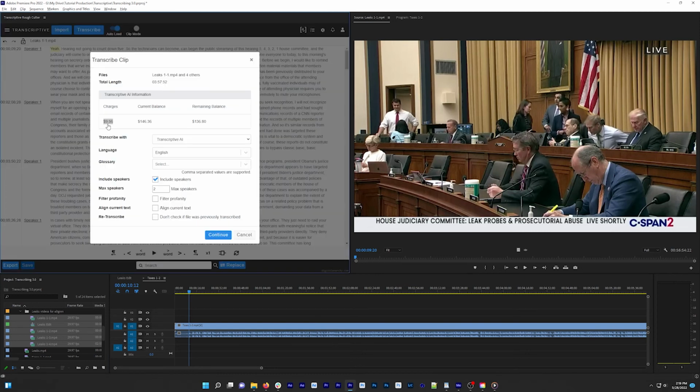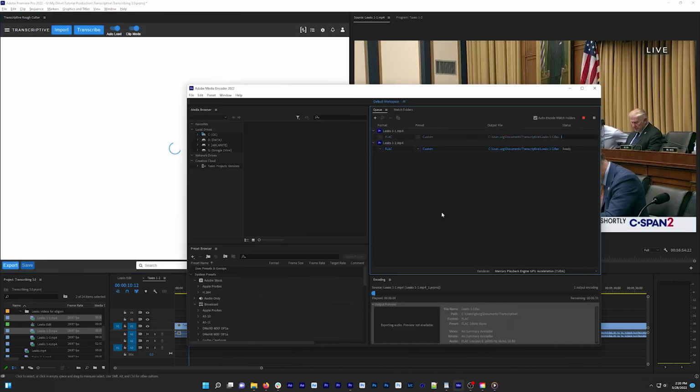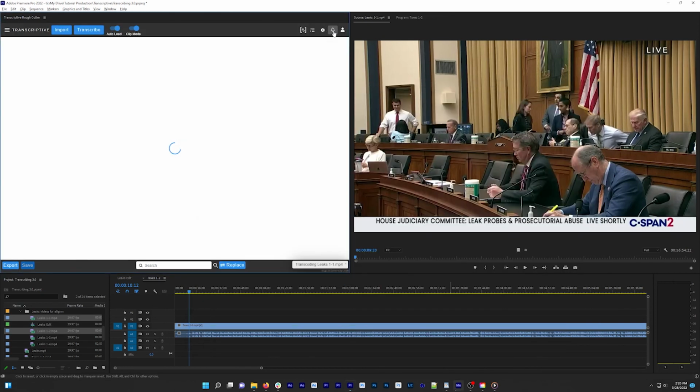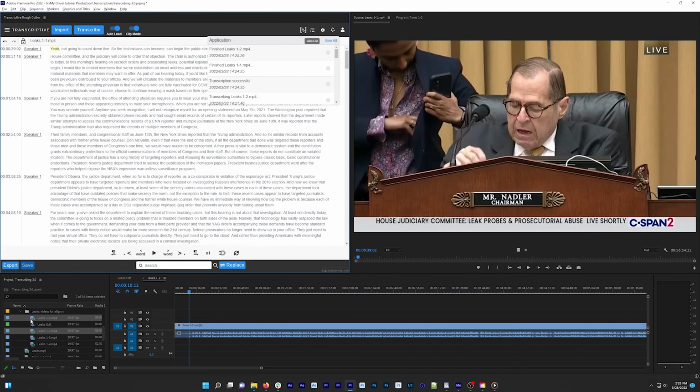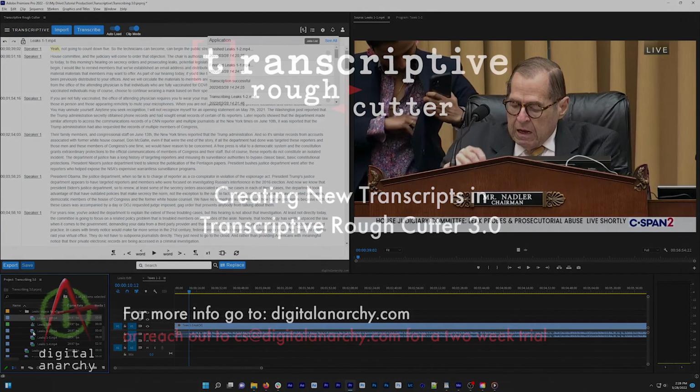Once you select your batch method, the transcribe dialog will open showing the total length and cost. Make sure this looks right and that you're not submitting stuff that you don't want to transcribe. Click continue and Media Encoder will open and process the files. You can see the progress in the notifications menu, and the jobs list will have a notification number showing how many files are still being transcribed. Once a job in the batch is done, the transcript is automatically saved to that clip or sequence.